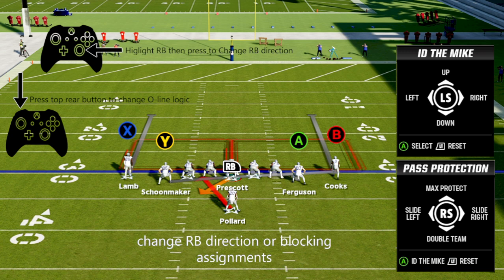Now, let me ask you this. I've worked with this a little bit, but I've not learned if you can change who you're double teaming. Can you? Yes. How do you do that? Press up on the double, and then the button comes up and you keep pressing until you get the guy you want. Yeah, the right or left stick. When you do the right stick and you go double team,